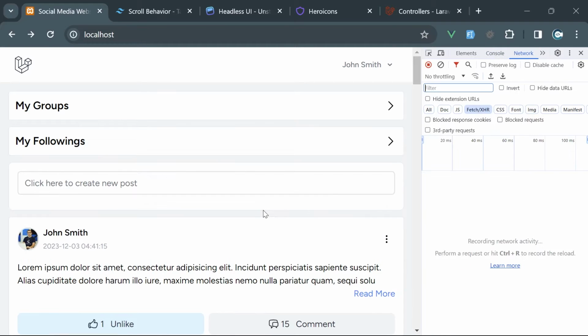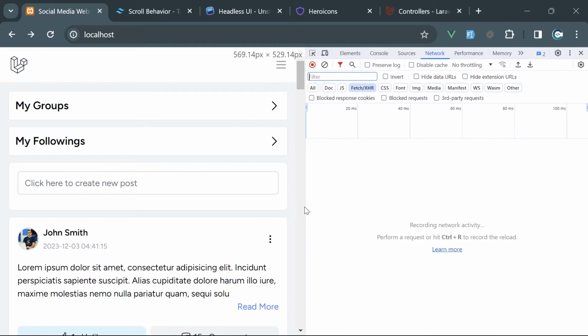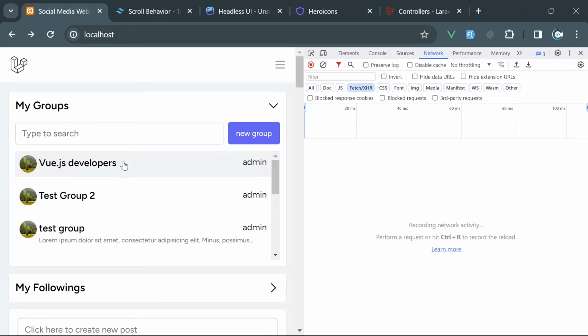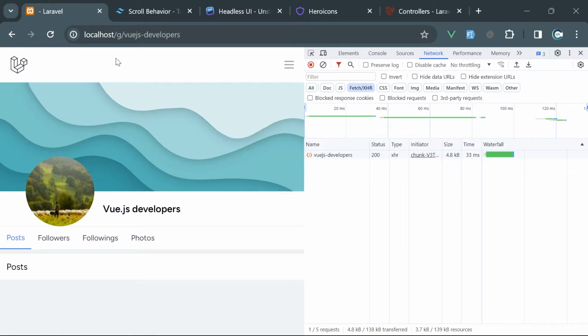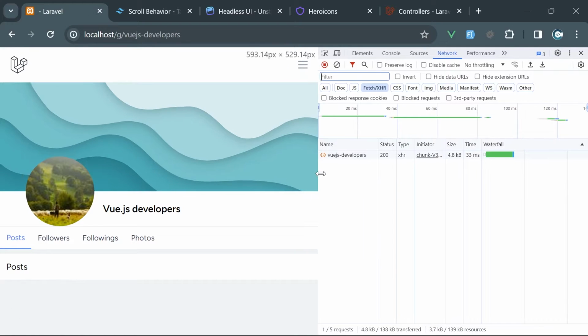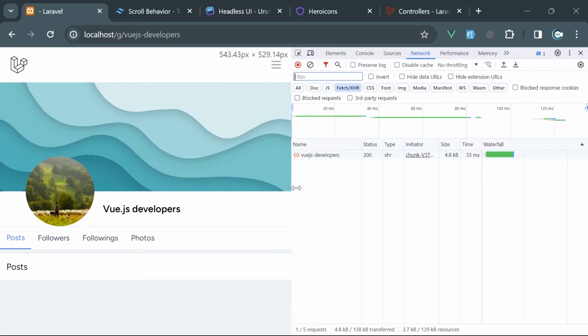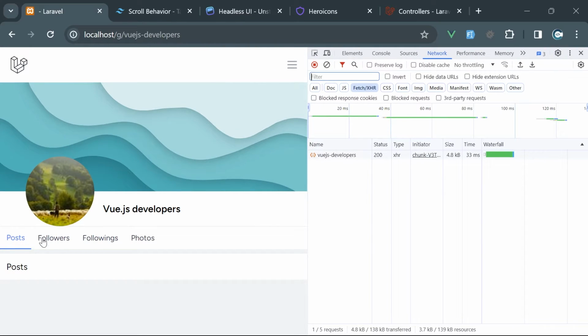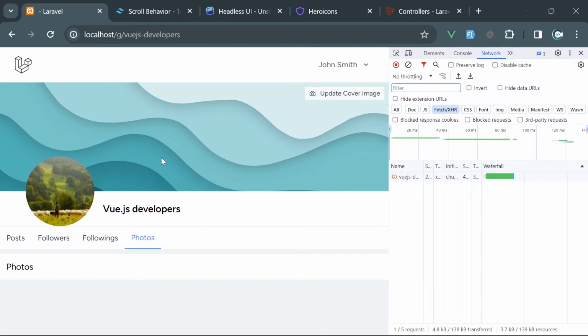Let me open the developer tools just in case we have some errors. Let's expand the groups, and I'm going to click this Vue.js developers. The URL was opened. Okay, and we don't see any error as well, and we see posts, followers, followings, and photos. This is actually group. This is the cover image, and this is the thumbnail. Okay, so far